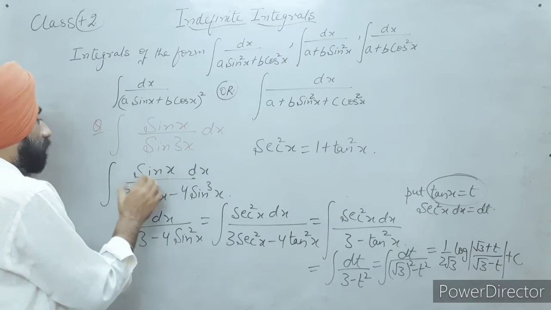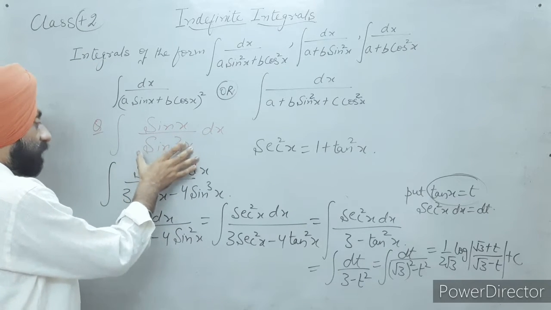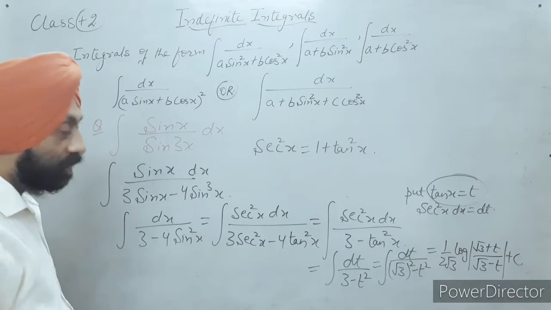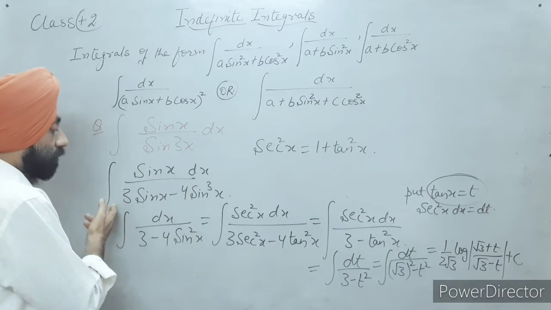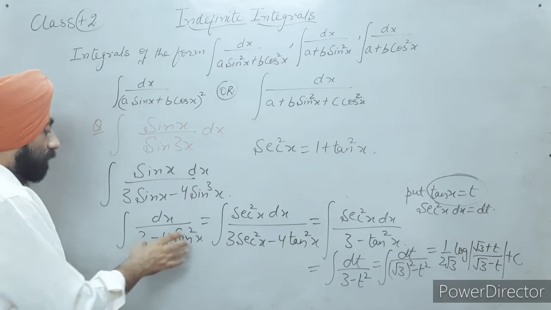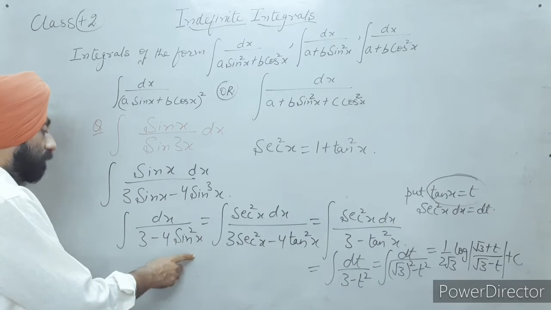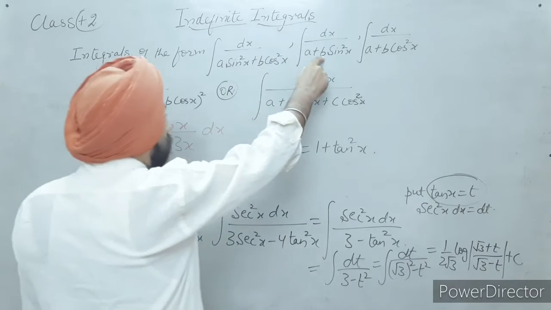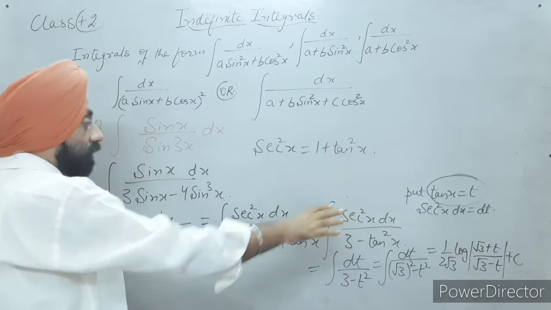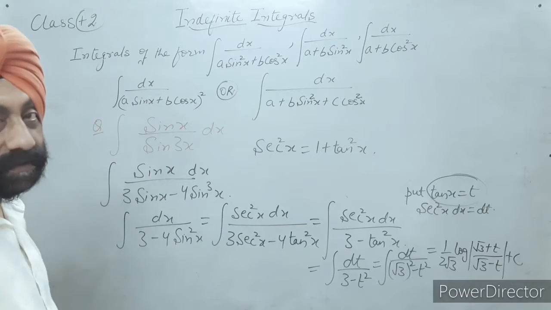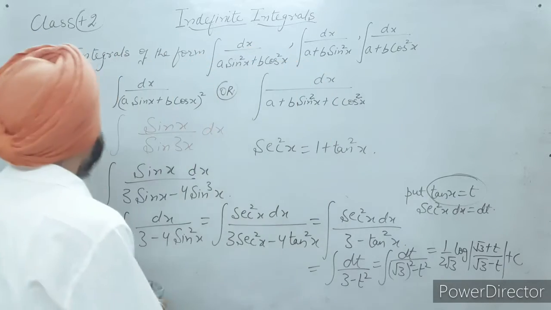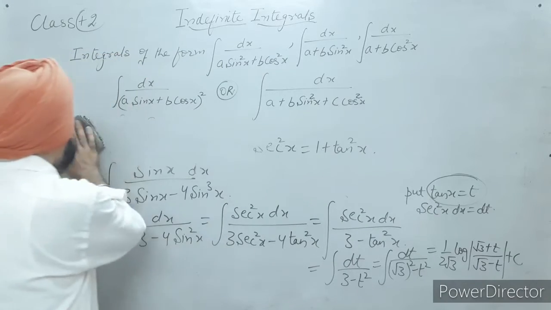Question was this. I wrote the formula of sin 3x, right? 3 sin x minus 4 sin cube x. Sin x is common, it cancels out. Divide the numerator and the denominator by cos square x. Why? Because this is this type. So proceed as we did in the last question. This is one of the types which I wanted to discuss today.